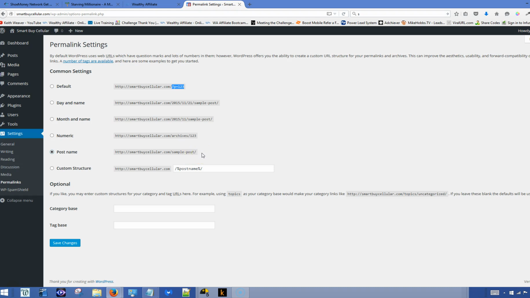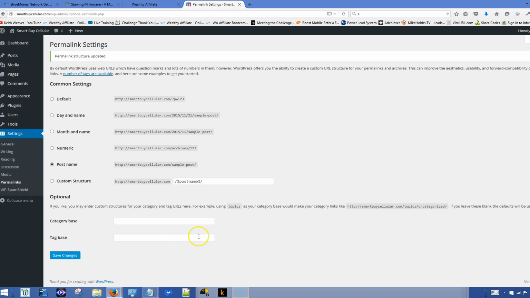And I think that'll be search engine friendly. But I like it because it looks nice. But anyways, that's about all I need right there. You click on that post name and then you click Save Changes. Okay, the next thing I want to do